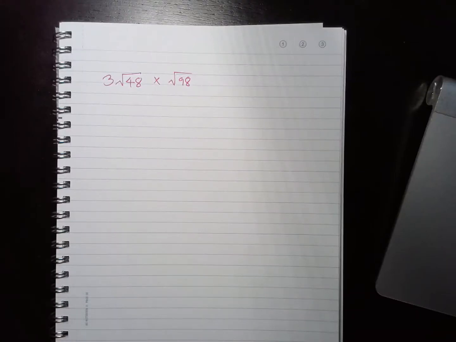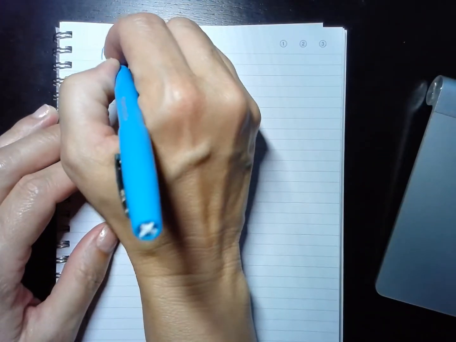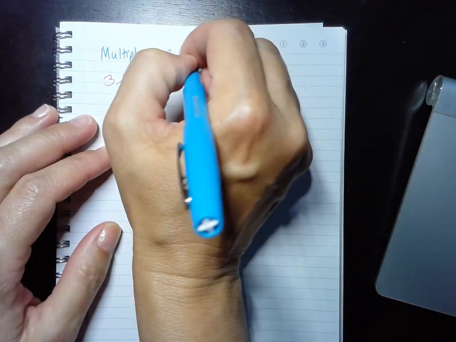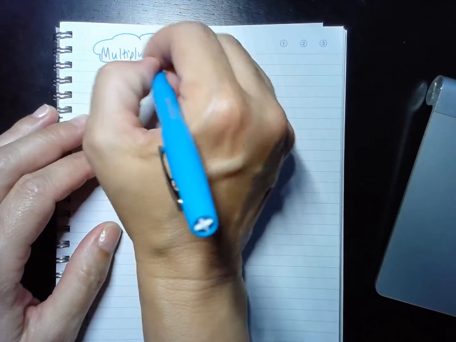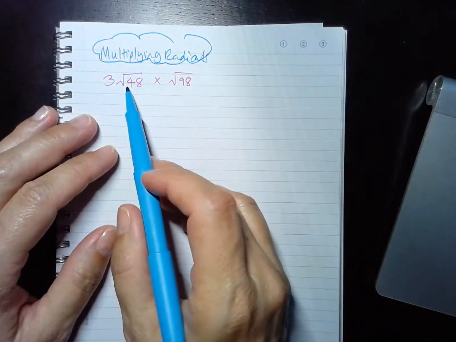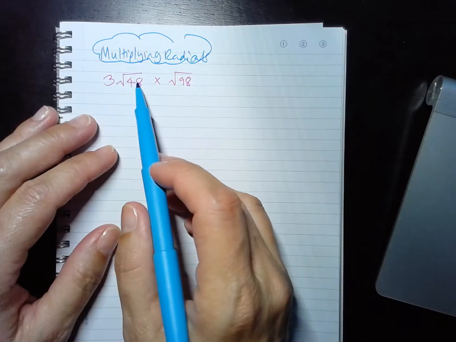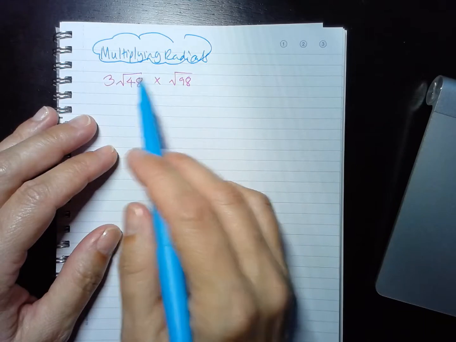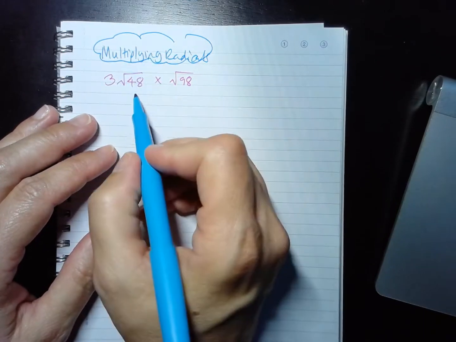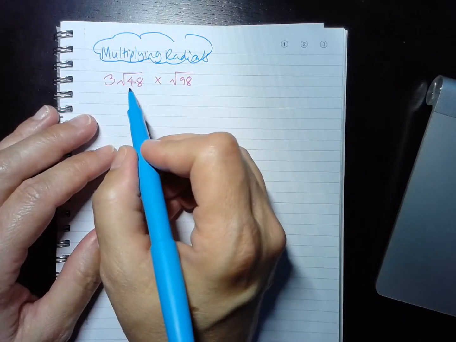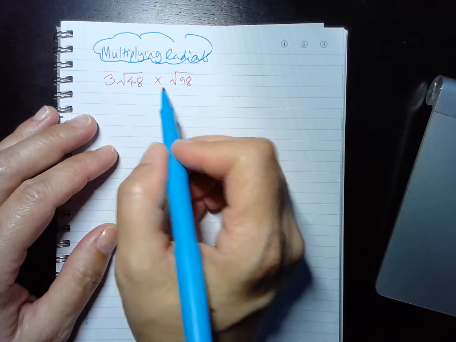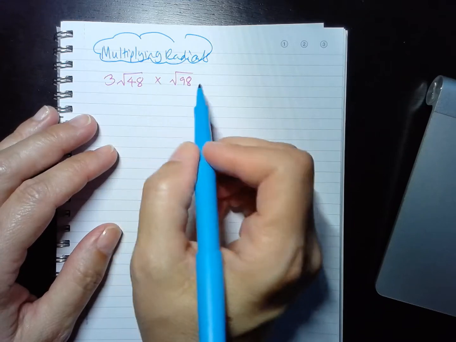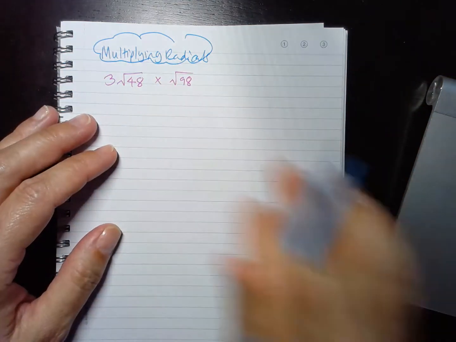Okay, I want to talk about multiplying radicals. If you notice in this problem, I have 3 square root of 48. That means 3 times the square root of 48 times the square root of 98. So if I want to multiply these two together, I'm going to end up having to multiply these radicals. Well, I don't want to multiply the square root of 48 times the square root of 98. I could. I would just multiply 48 times 98 and write out the square root, but that's not the best